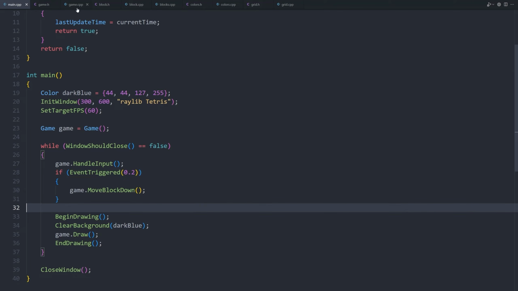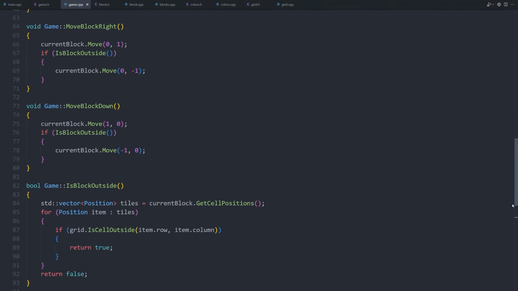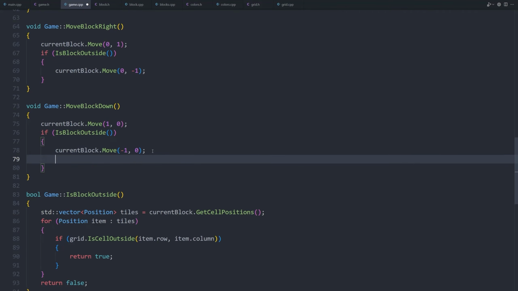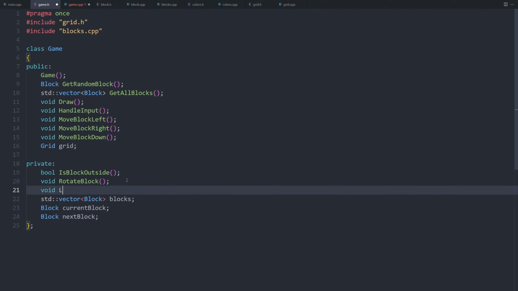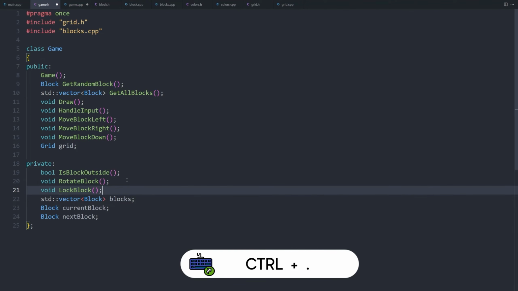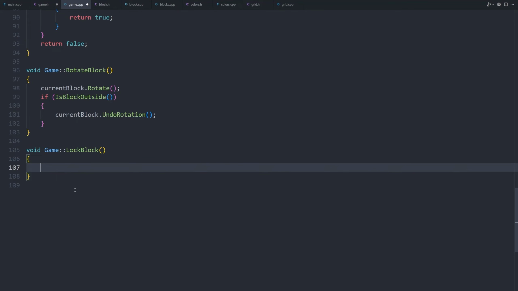So, in the game class, in the moveBlockDown method, we check if when moving down the block, it gets out of the game window. In that case, we undo the move. This is when we must lock the block in place. Let's call the lockBlock method, which we will create at once. In the game.h file, let's create a private method named lockBlock, void lockBlock. Now we press Ctrl+period and then Enter to allow VS Code to create the implementation of this method in the